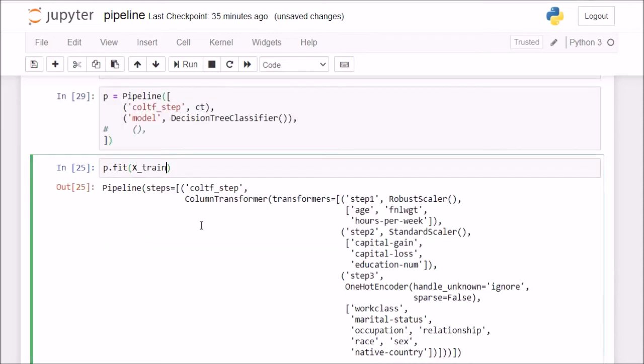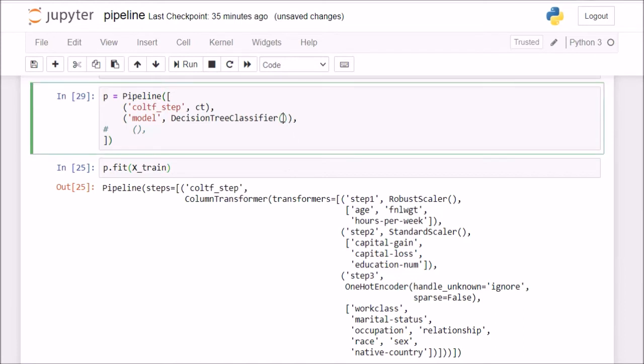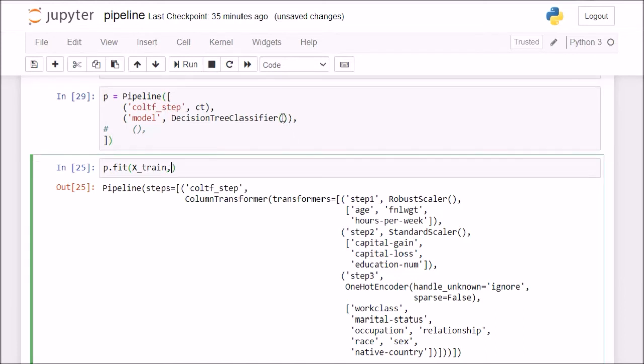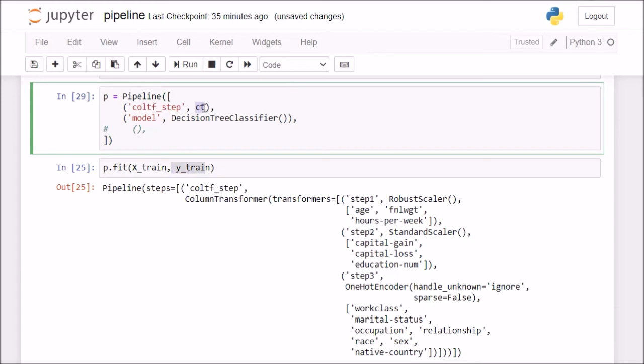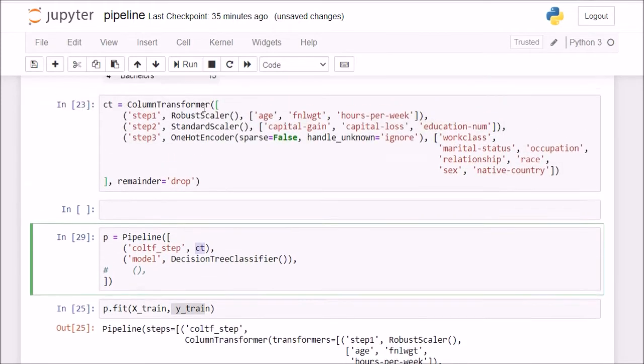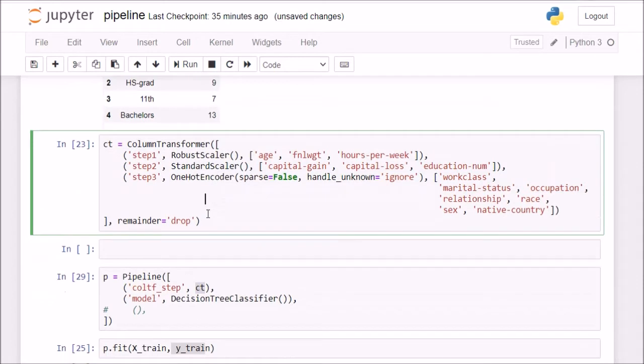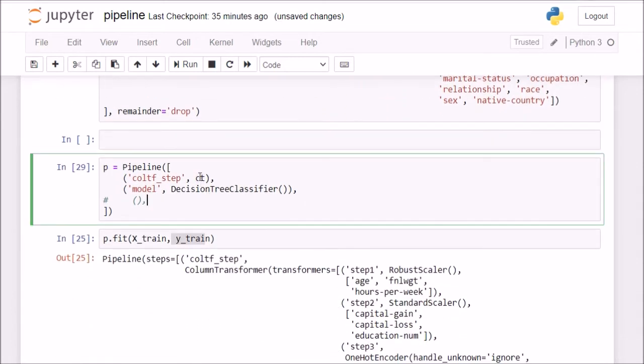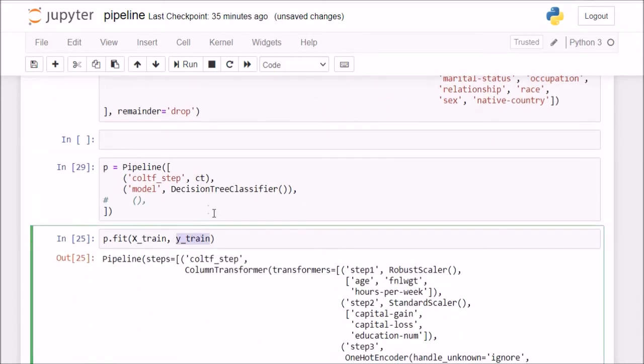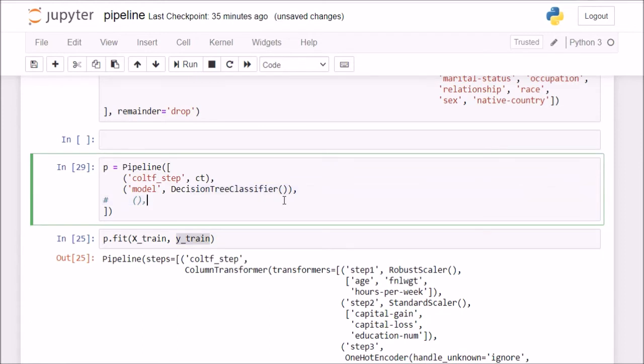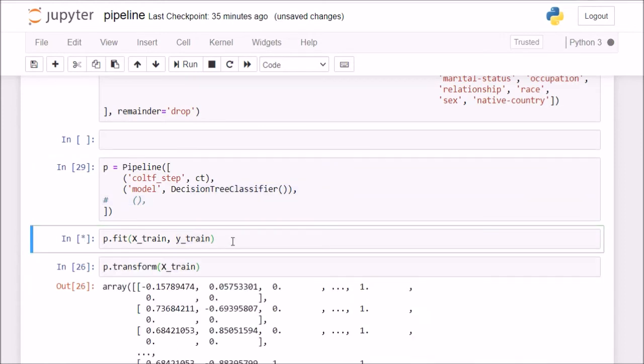So now this decision tree classifier also requires my Y train, right? So now I have to pass in a Y train as well, because this will be learning our data from the X train and Y train both. Now, just so you know, this Y train will be automatically ignored when we are doing this column transformer step, because we are not using Y train here. So scikit-learn will automatically ignore this, but scikit-learn will use this Y train when we are building our machine learning model.